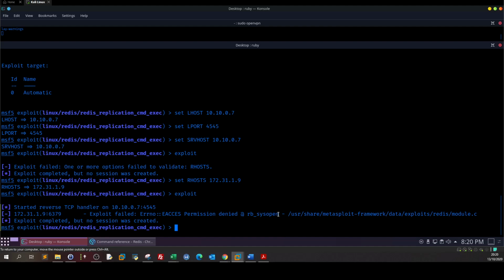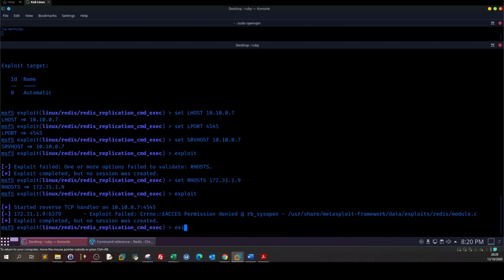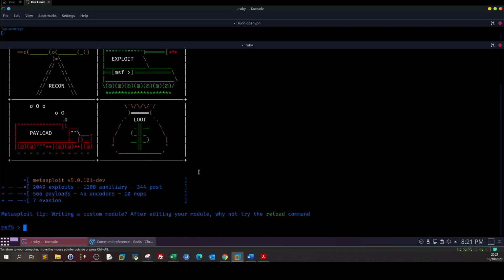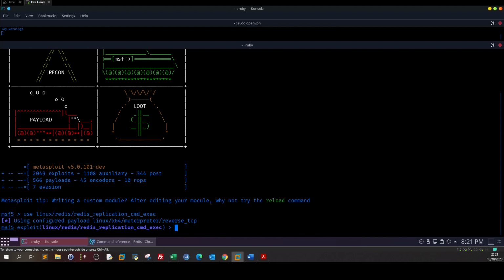Okay, I think we're gonna need to run this as root. So let me copy that, exit, sudo -i, msfconsole. Now we're going to use the module again, show options,